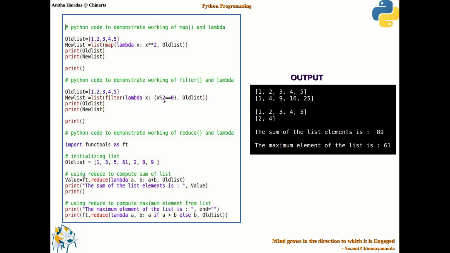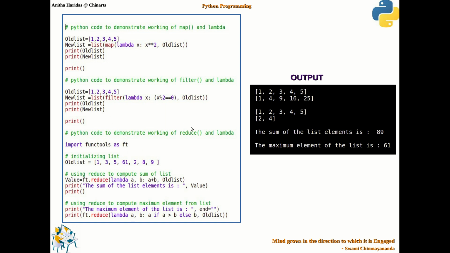Then 5 mod 2 equal to 0 is false, so obviously 5 will not be included in the list. So when you try printing the old list and new list, the output will be 1, 2, 3, 4, 5 in the old list. And in the new list, only the even numbers will be taken, 2 and 4. So this is how the filter function works with the lambda function.